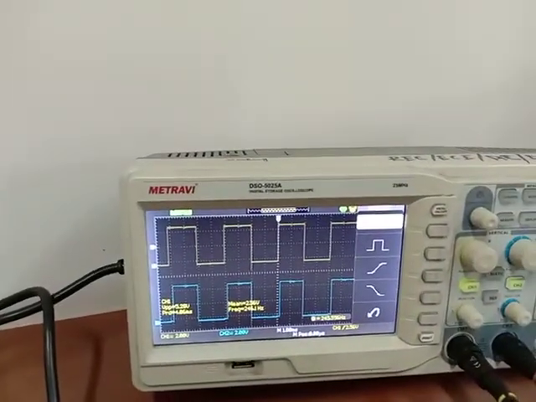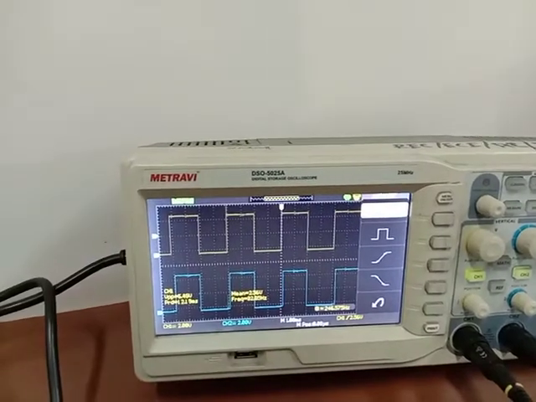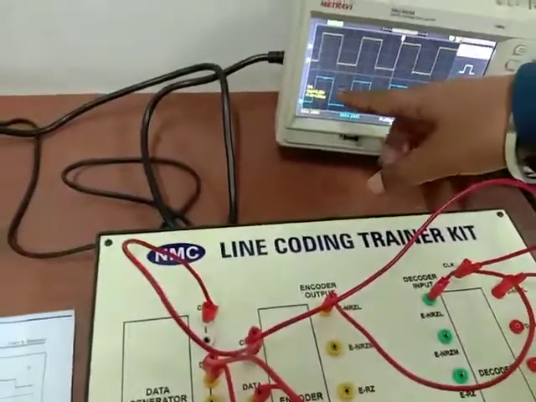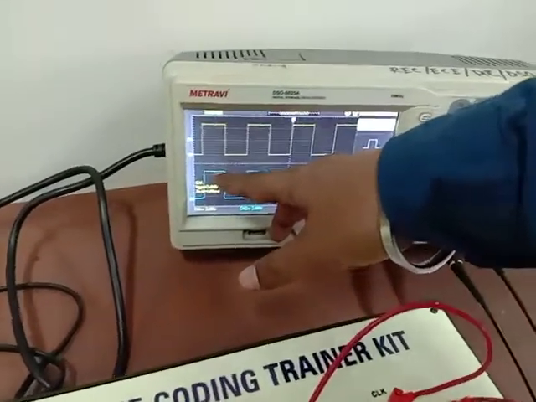You can see that in the decoder part of NRZ, we can get the data.